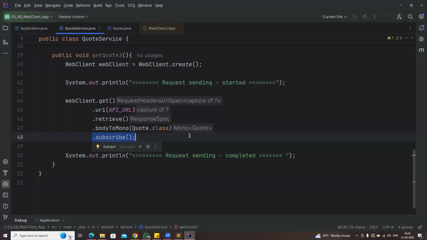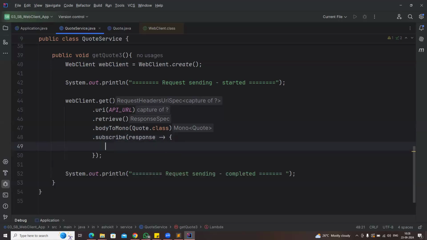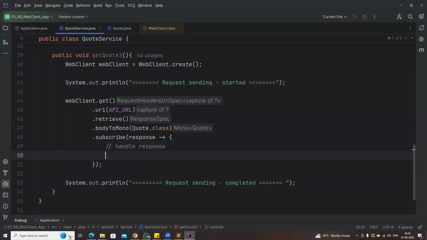After getting the response from the REST API, whatever the response you are getting from the REST API, then you print that response. I'm just writing, you can handle, or else you can write handle response. For now, handling nothing but